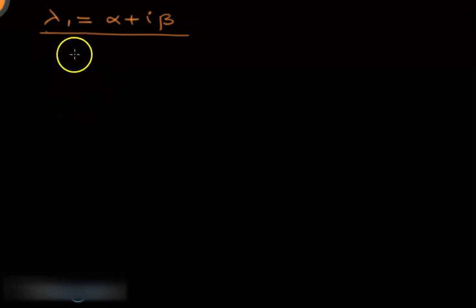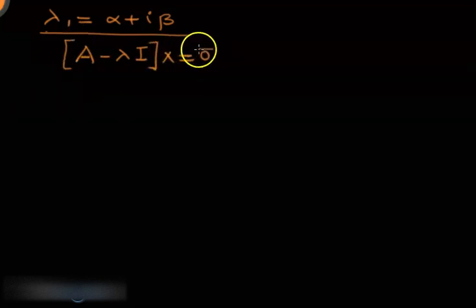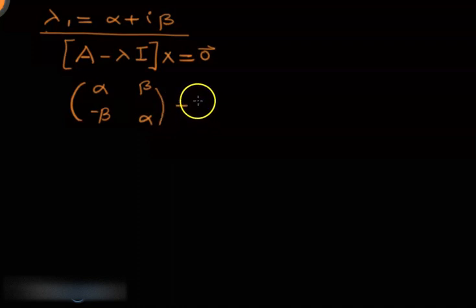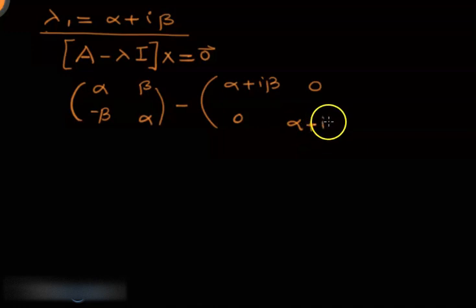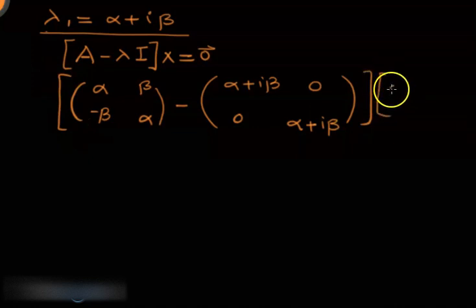For finding the eigenvectors, all we need to do is find the solution to this system, that is 0 column vector. We know what our A is. A was alpha, beta, minus beta, alpha, and from it you have to subtract alpha plus I beta on the diagonal, applied on the vector x, y,